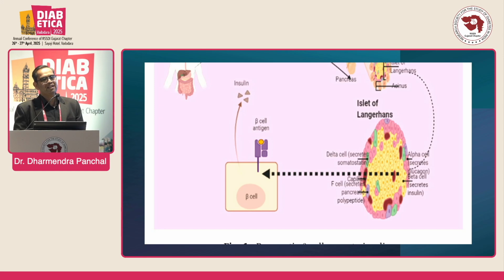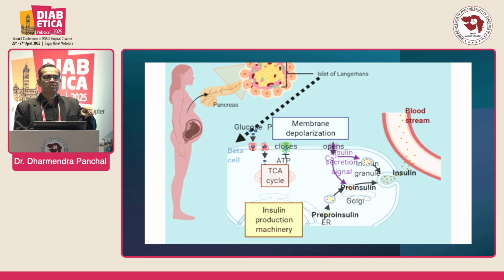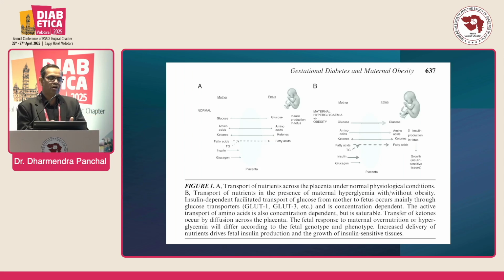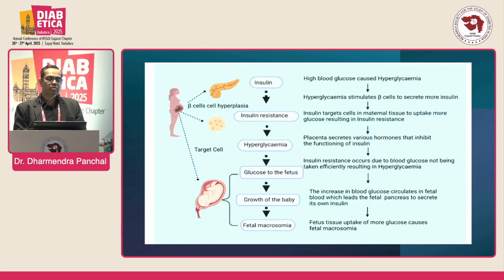We all know that our pancreatic beta cells secrete insulin, but is this secretion of insulin the same when it is a normal healthy adult, when it's a pregnant mother without gestational diabetes, when it's a pregnant mother with gestational diabetes? No, it differs a lot, because of placental hormones and many other hormones and the movement of nutrients across the placenta. The difference is very large when it comes to a normal healthy pregnancy or a lady with gestational diabetes. We all know that glucose transfers smoothly, but not the insulin, and this leads to things